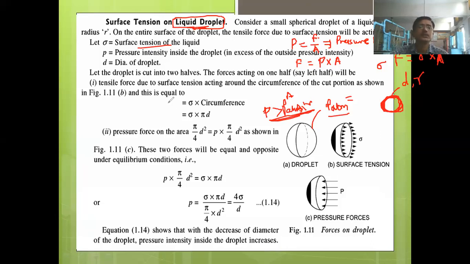So now let us derive this equation. To derive this equation, what we have to do? We have to cut this sphere in two halves. Hemisphere मध्ये आपण त्या ठिकाणी काय करायचं, त्याला कट करायचं. This is the sphere. If I cut it, then we will get the half part of the sphere, that is called the hemisphere. Okay, you can show it like this. This is the cap of the bottle. Consider it as hemispherical in shape. We have cut this sphere in two halves and we have taken one half. Okay, left half या ठिकाणी आपण घेतलेला आहे.